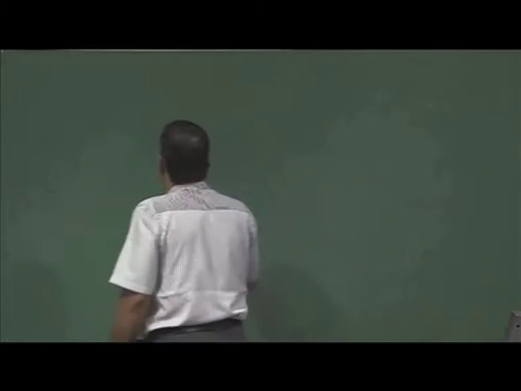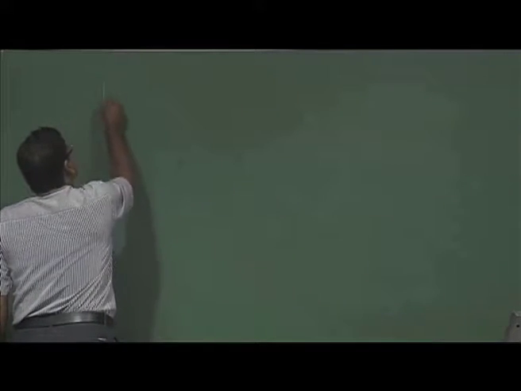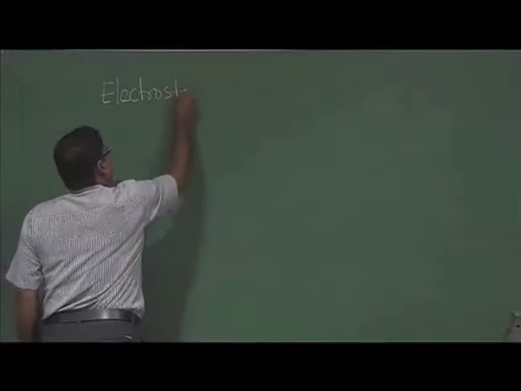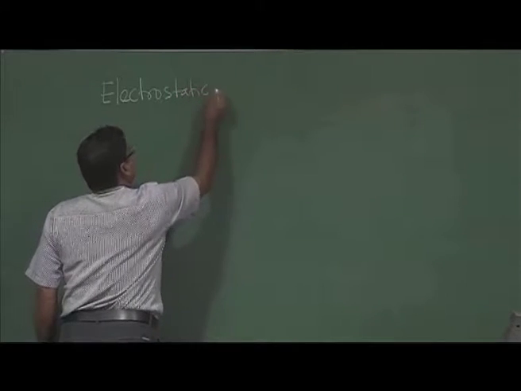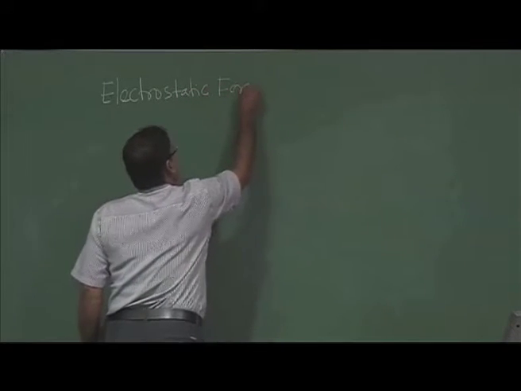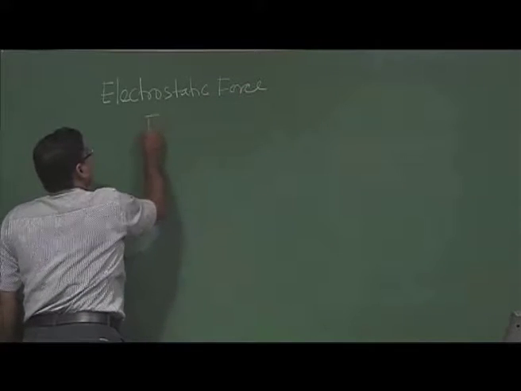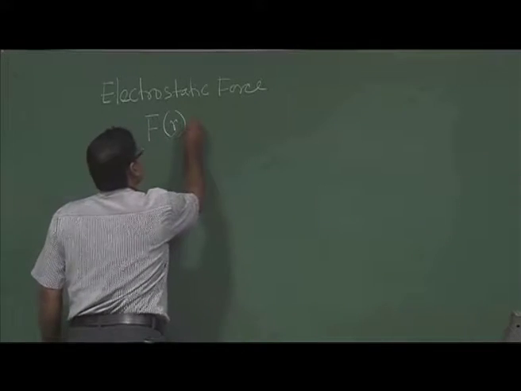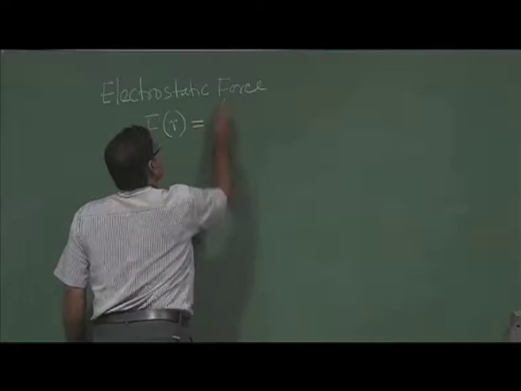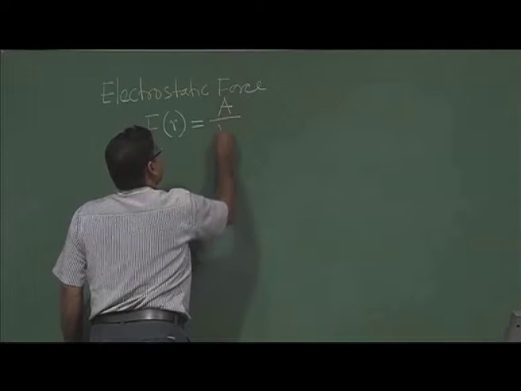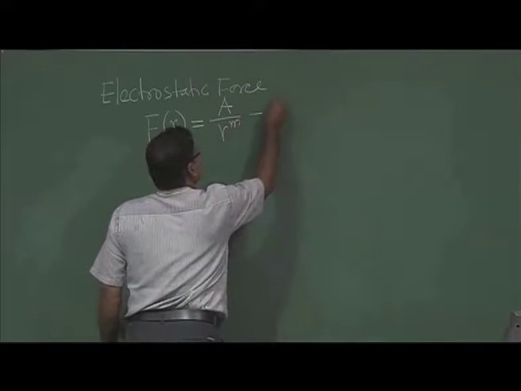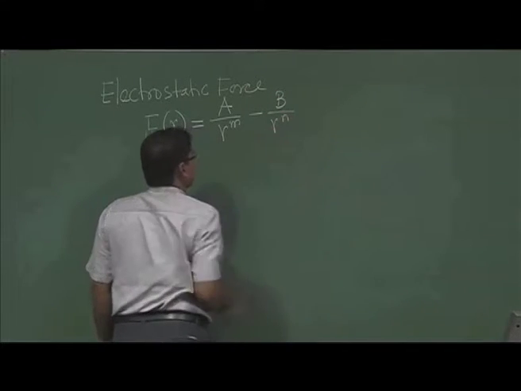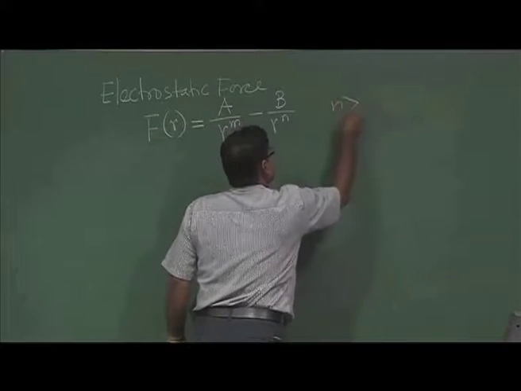So, that electrostatic force as a function of r, the distance between two atoms, that we have written in last class, a by r to the power m minus b by r to the power n, where n is greater than m,